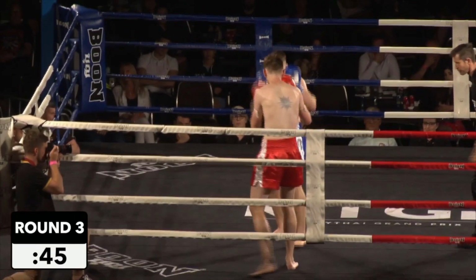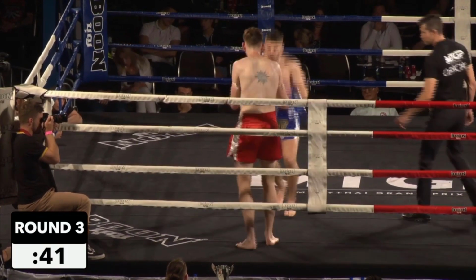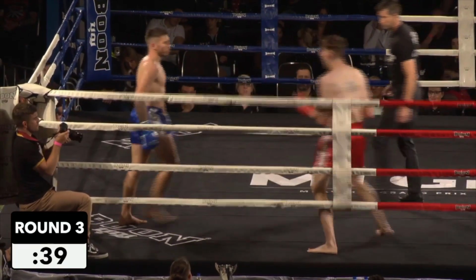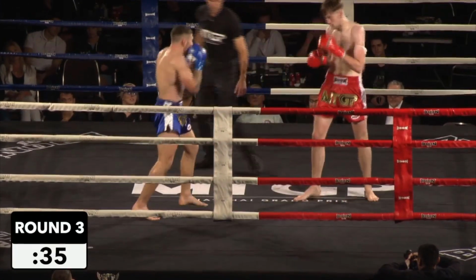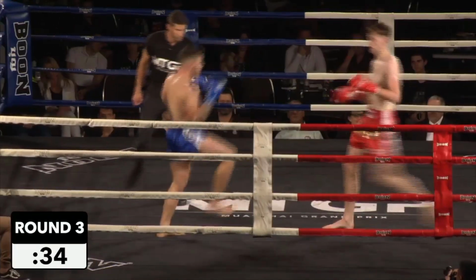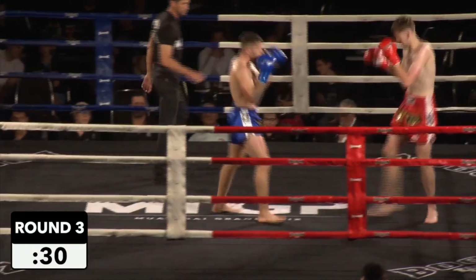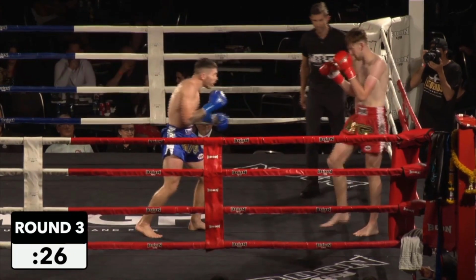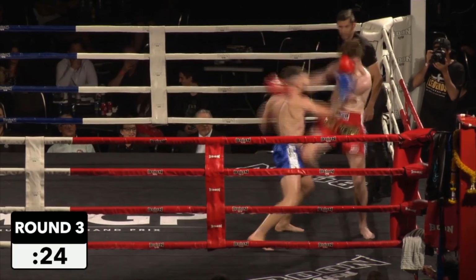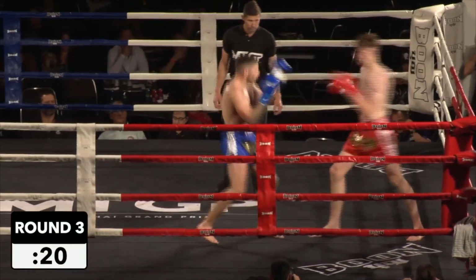Chris looking a little bit frustrated now. His side's starting to look a bit red too. Yeah, definitely starting to acknowledge those knees now. We're coming to the last 30 seconds of round 3, and George is acknowledging his work, and Chris is acknowledging his frustration. Yeah, and the more that Chris starts to vent his frustrations, the more confidence that George is going to get with his